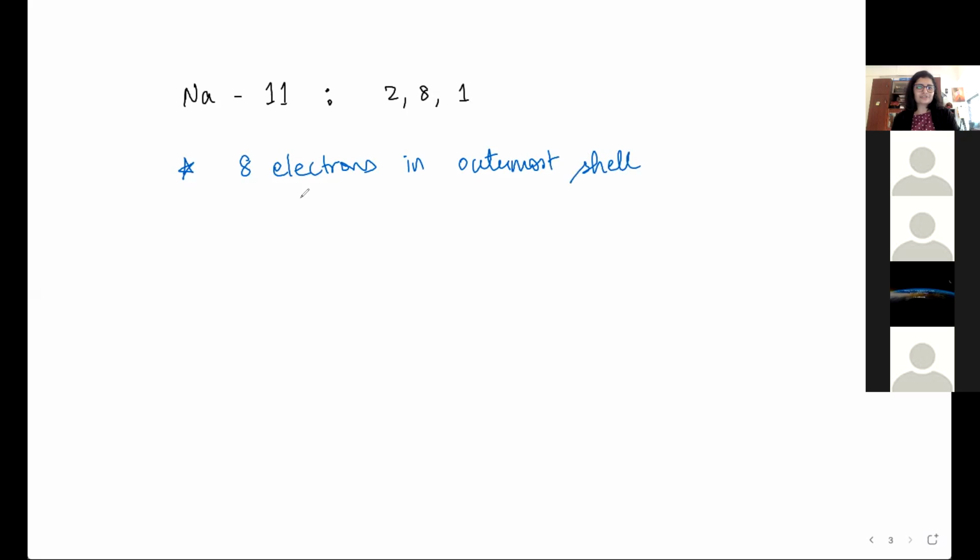Okay. So this particular rule also has a special name. It's called the octet rule. So simple, like octopus, 8 tentacles. Octagon has 8 sides. So the word oct basically refers to anything 8. Octet rule because 8 electrons hona chahiye. Like the atom wants a set of 8 on the outside. That's why it's called the octet rule.